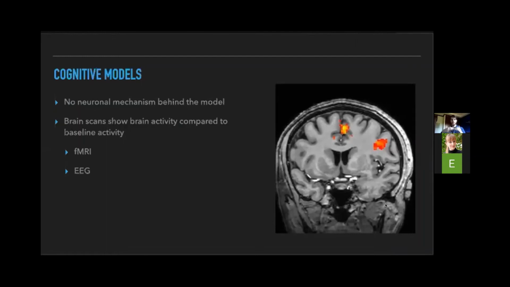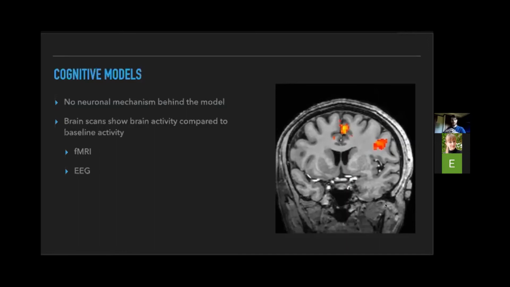And these models are built in a very different way. So instead of taking data from single neurons and then building slowly upwards, they go the other way and start from very high-level data of brain scans, so either functional MRI, EEG, or MEG. EEG and MEG use electrodes and magnets to measure how different brain regions are firing in the brain. They kind of look like a helmet